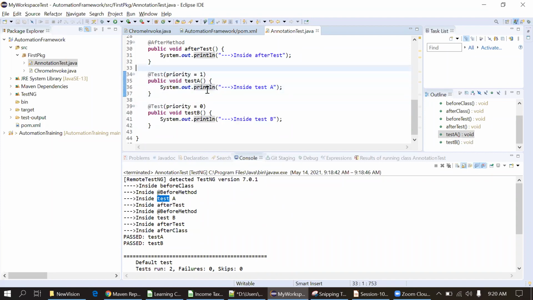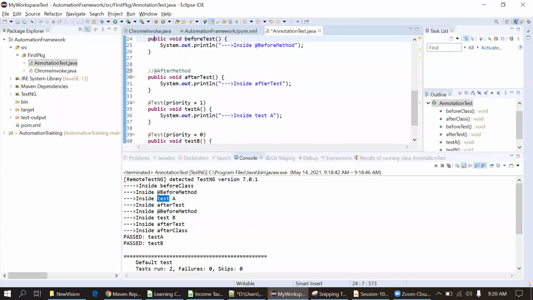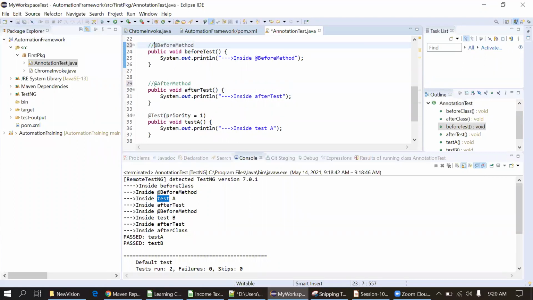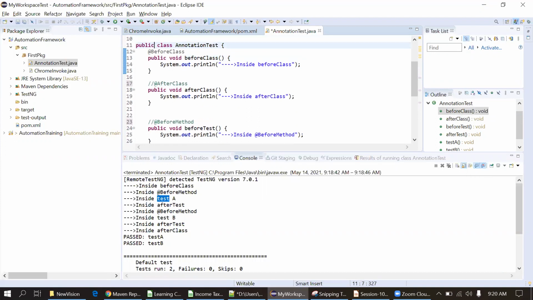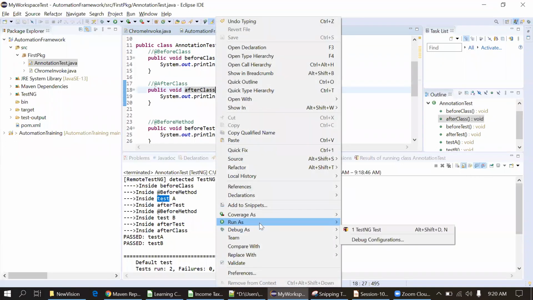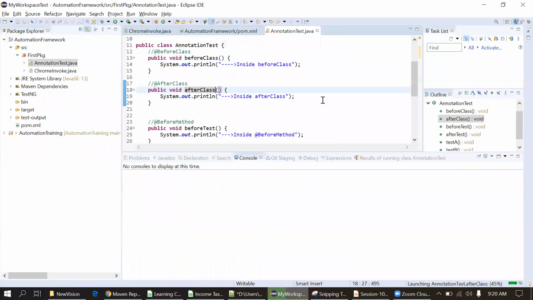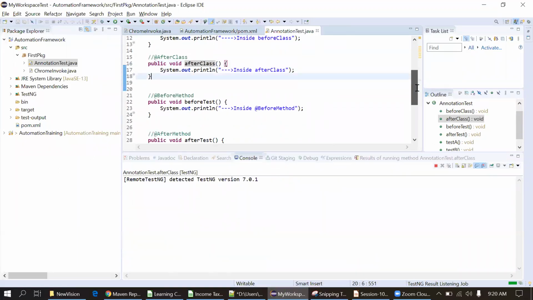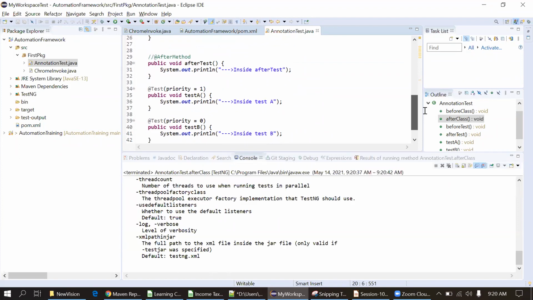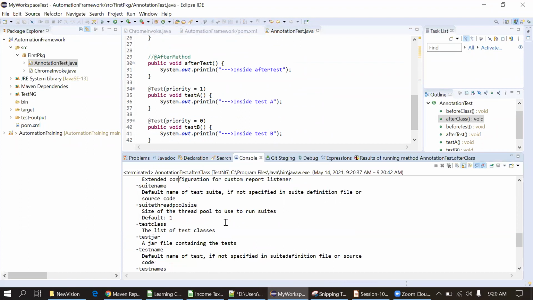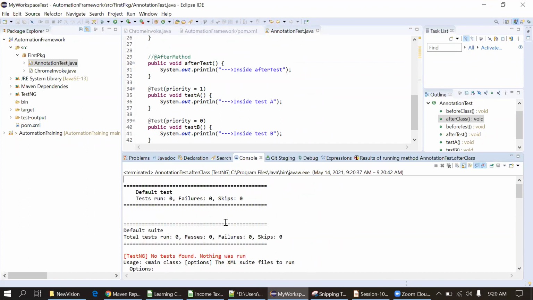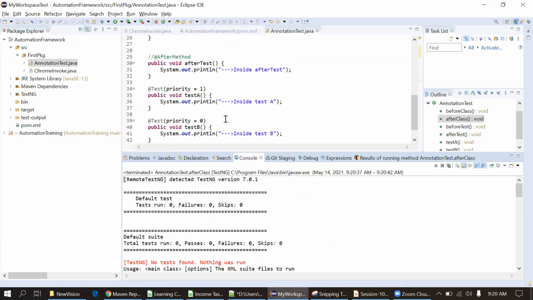Okay. For the time being, I'm just commenting the above annotation to avoid confusion here. So it will not get executed. Now I'm executing this program. What happened?